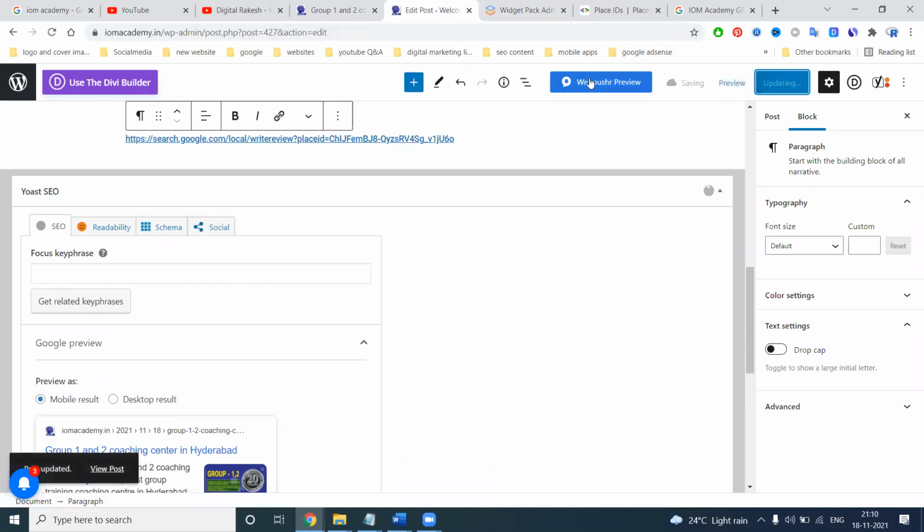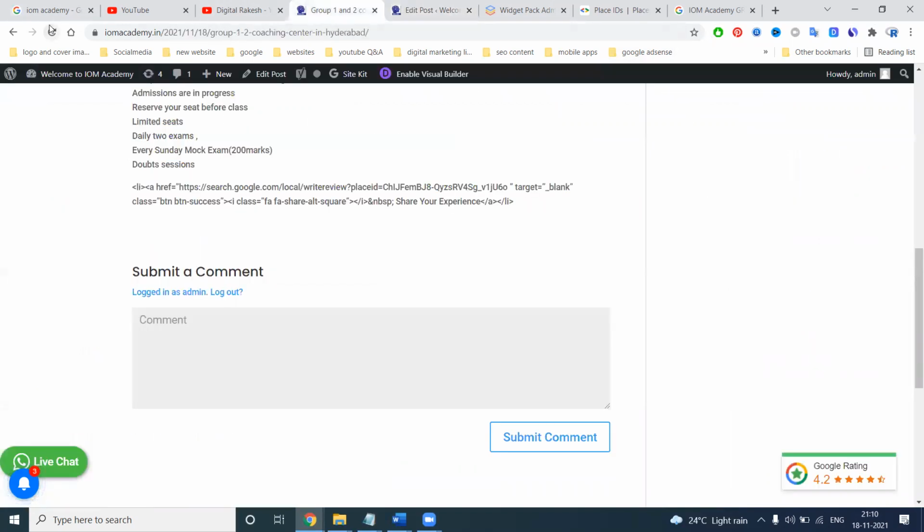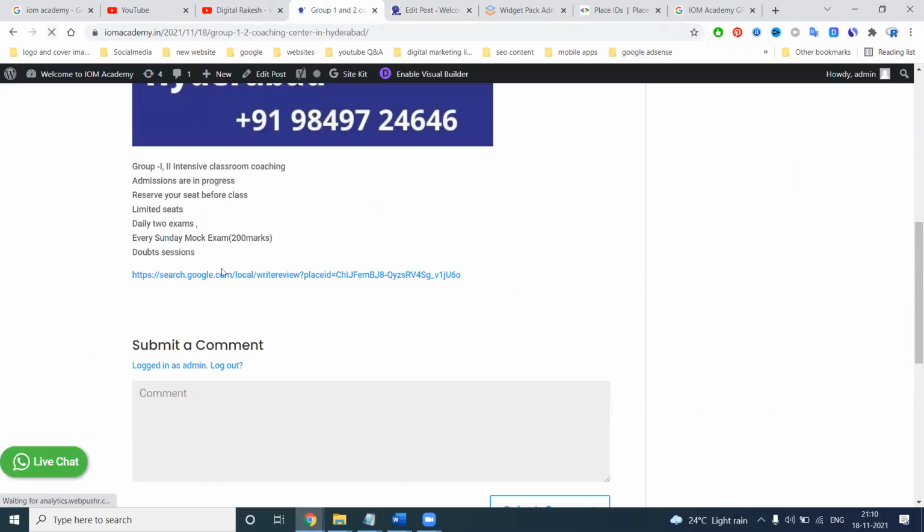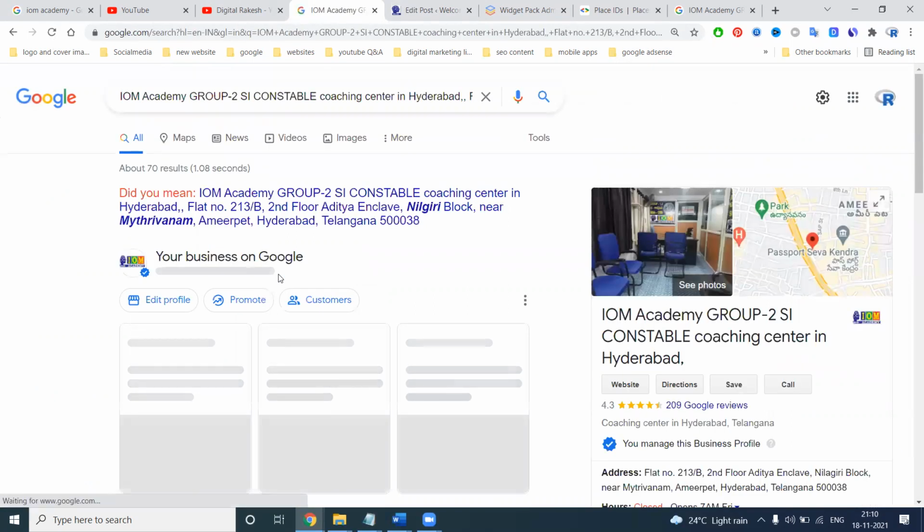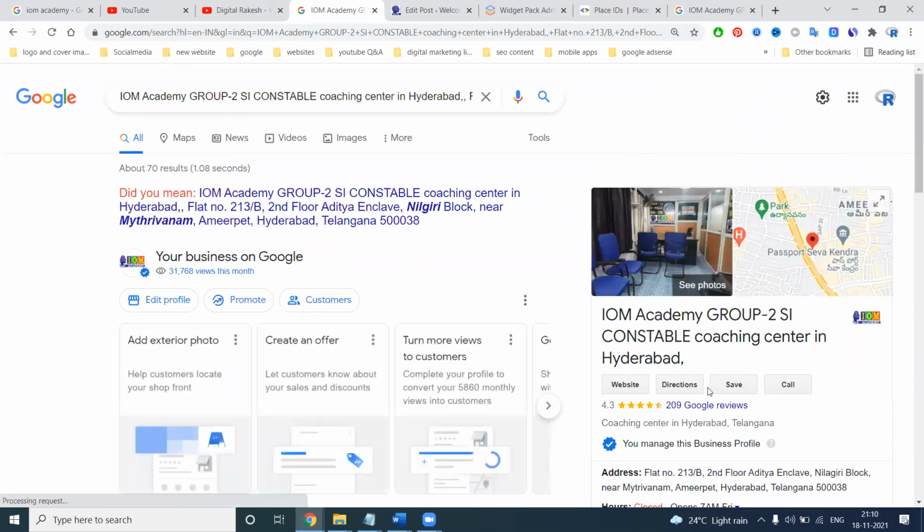Click here. They show the right review option. In WordPress a small option will change. If there is a problem, the developer can fix this particular issue.